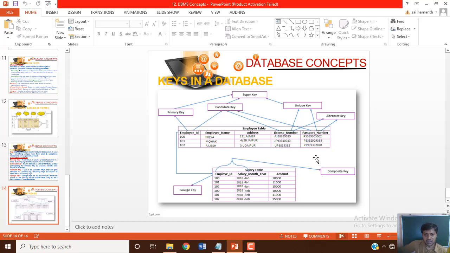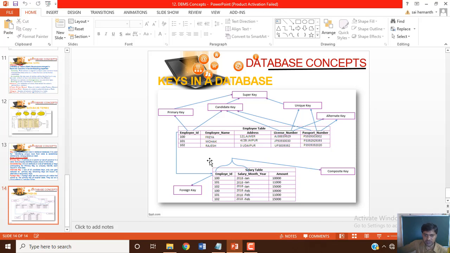Then foreign key. A foreign key is the key which is represented as the primary key in the parent table and as the foreign key in the child table. A foreign key can have duplicate values. The relationship between the employee table and the salary table helps you understand referential integrity.